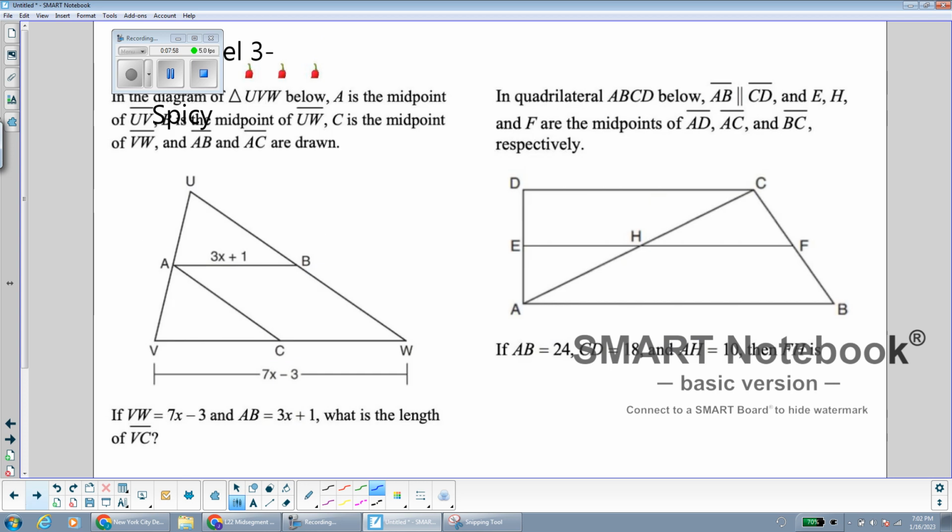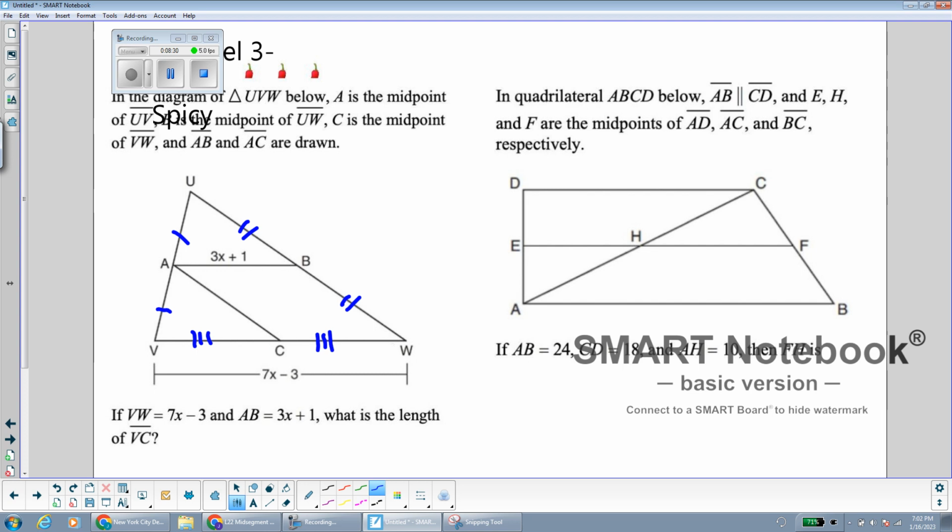Moving on, let's check out these next examples over here, and feel free to pause the video to try them on your own. A is the midpoint of UV. B is the midpoint of UW. And C is the midpoint of VW. VW is 7x minus 3, and AB is 3x plus 1. Find VC. So if I can find VW, half of VW will give me VC, since C is the midpoint